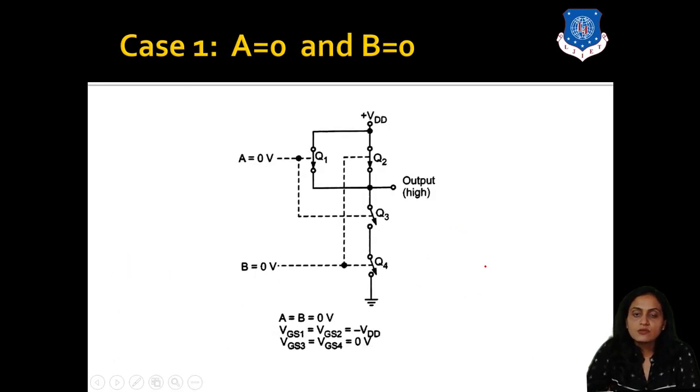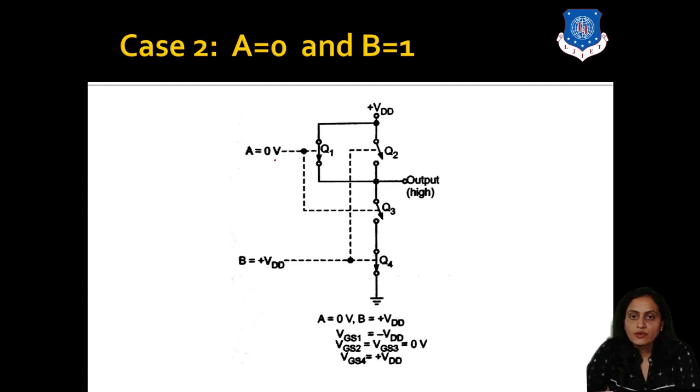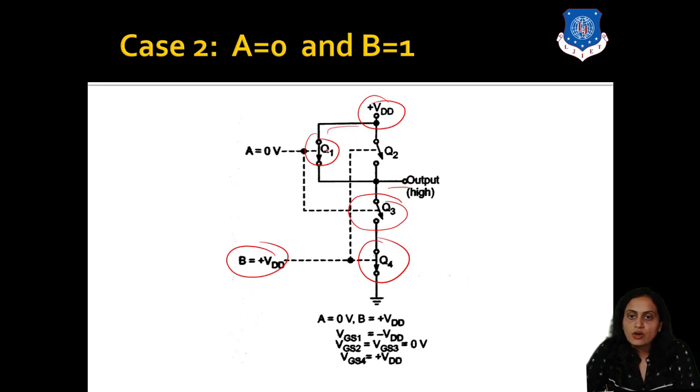So let us consider the first case. We are applying both inputs 0. When both inputs are 0, both the PMOS will be on and the output will be logic 1. When A is 0, that means one of the PMOS is on, and B is logic 1, that means one of the NMOS is on. But you can see one more NMOS is off, so there is no connection from output to the ground, but there is a connection from output to VDD because of this parallel combination, so output is 1.